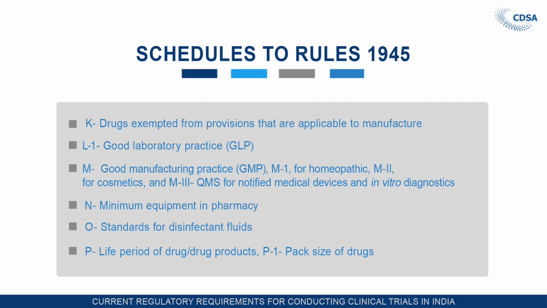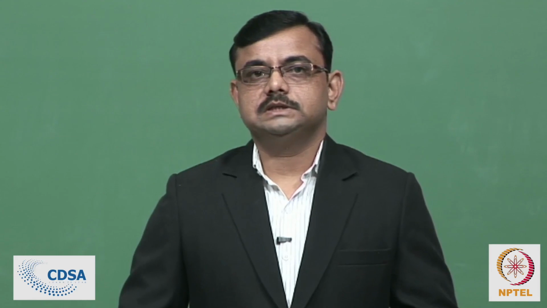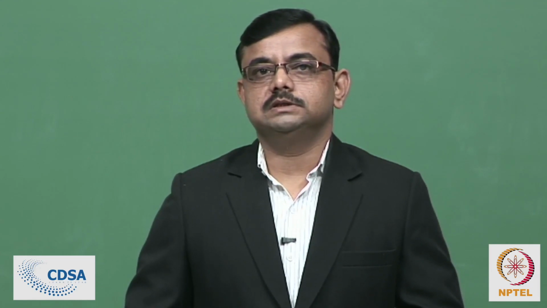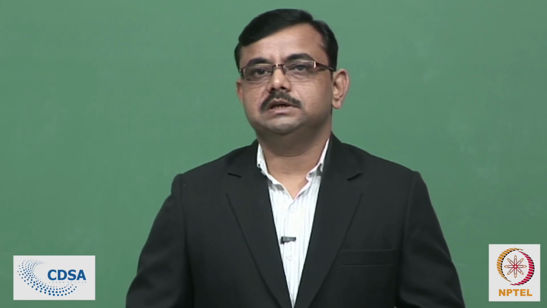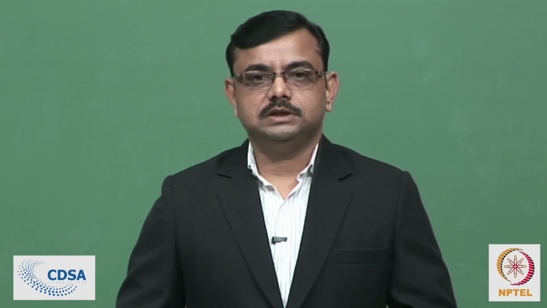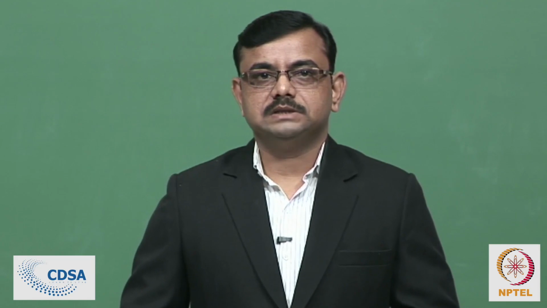Schedule P. Schedule P1 is the package size of the drug. For example, for amoxicillin the storage condition and the shelf life given is 36 months. For the penicillin tablet it is given as 18 months. And in Schedule P1, the package size of the drug, like albendazole to be packed in 10 ml, or the piperazine granules to be packed in 5 gram size, or if it is a syrup then it should be 30 ml. So all these, the pack size and the shelf life, are given in Schedule P.